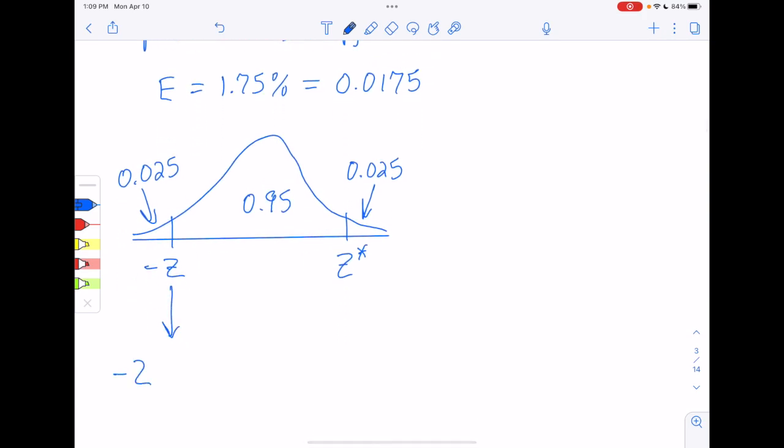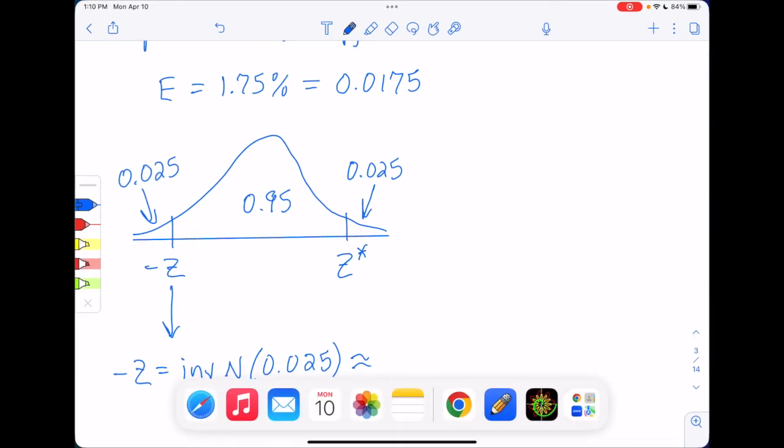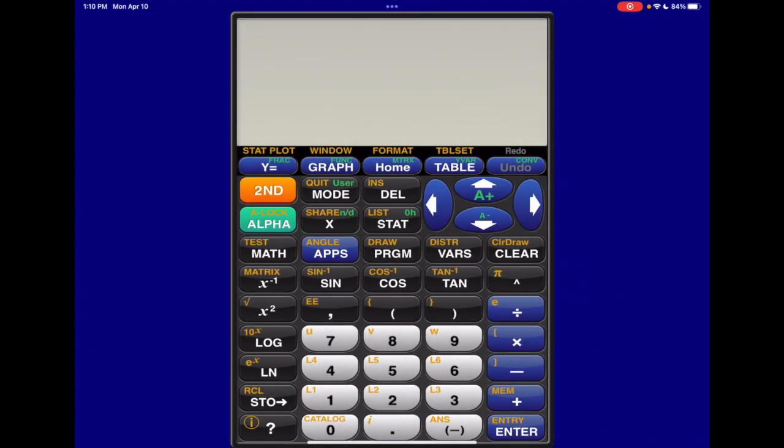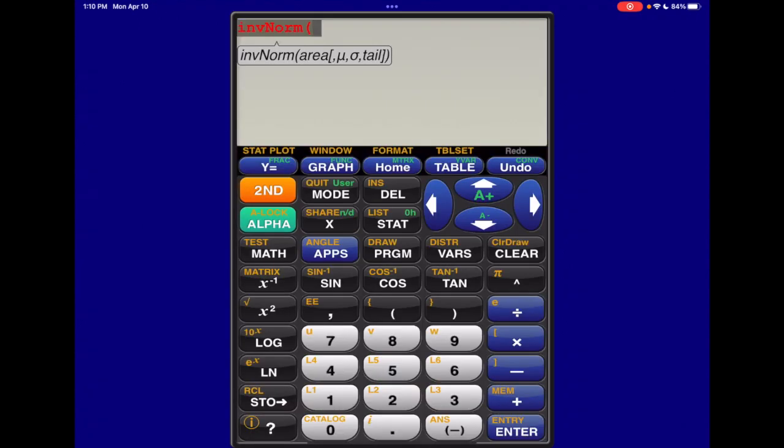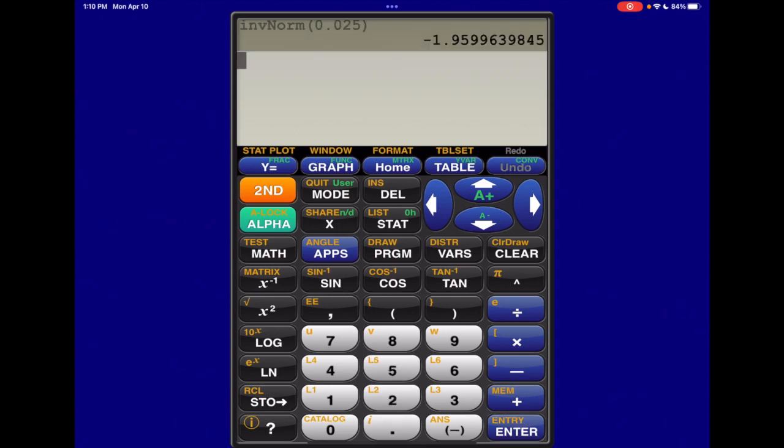That negative z comes from doing inverse normal of the area to its left, which is 0.025. So now let's go to the calculator and see what we get for that. All right, so switching over, we want to go into the distribution menu. So second distribution, we're working backwards here, trying to find a z-score, so inverse normal. And the area to the left was 0.025. So the z-score that goes with that is negative